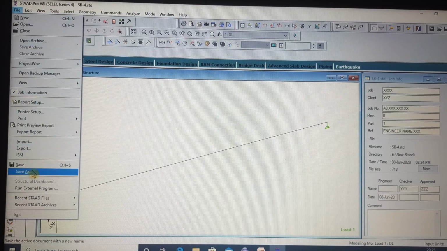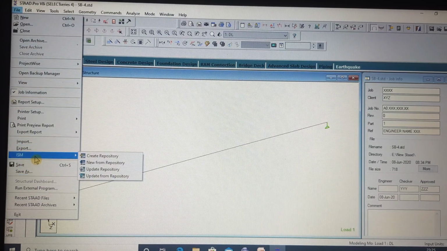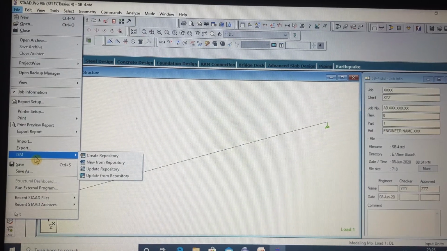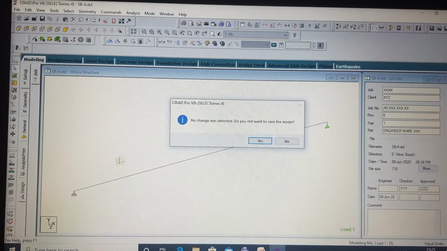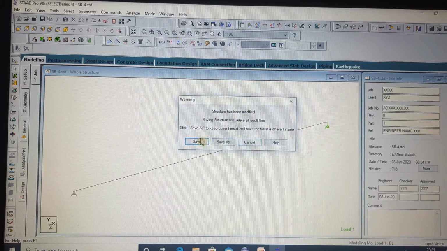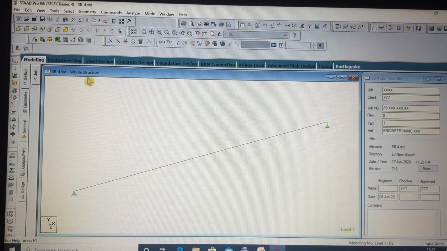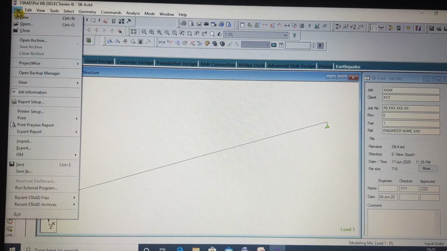And now this is ISM. This is for repository. I'll explain it to you after creating a model. Then you will understand these things better. Then your save option, you can save your STAAD file from this option. If you click save, then it will ask for saving your files in this way.